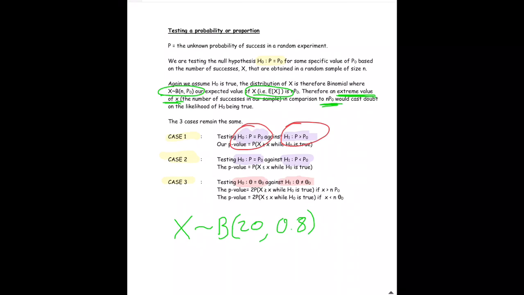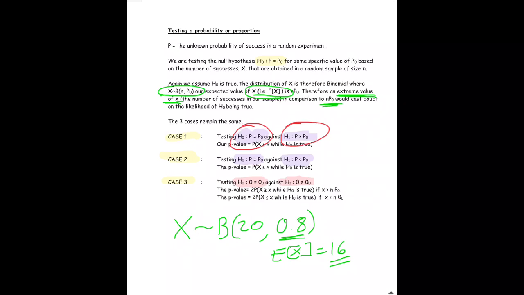Then I would be expecting 80% of 20, so I would be expecting 16 of them on average to be using Fairy Liquid. Well, it isn't always going to be spot on 16, it might be 14, 15, 16, 17, 18 of them, but around about 16 of them each time should be saying, yeah, I use Fairy Liquid, because I'm expecting